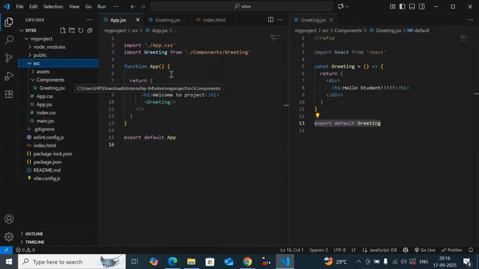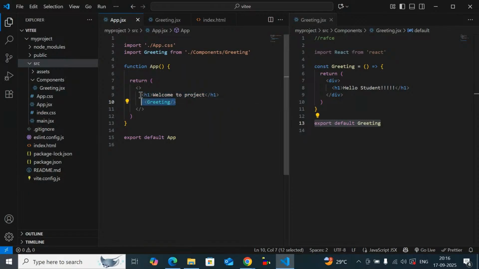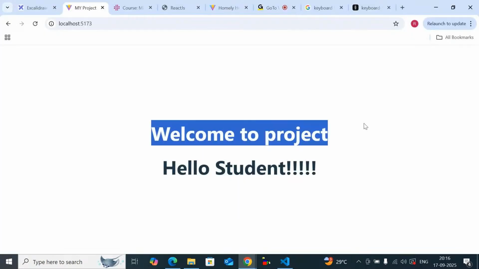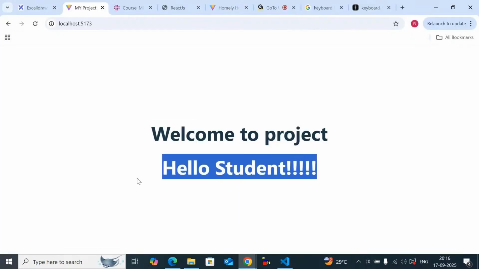What output will you get? You tell me: you are displaying an h1 tag, and because you have rendered greeting inside our app.jsx, you will get the output like this: welcome to project, hello student. Shortcut for the snippet is rfce. Okay,